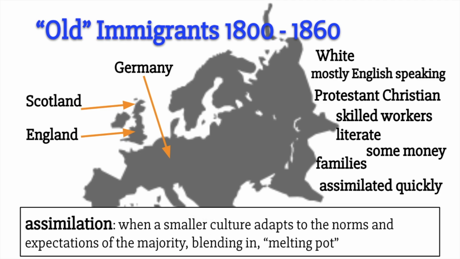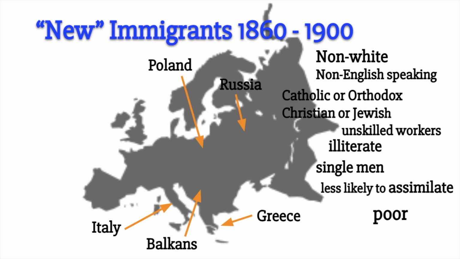Well, that is not going to be the case when we talk about this new wave of immigration after the Civil War, this period from 1865 to 1914. Okay, so again, assimilation is an important factor, and these old immigrants would assimilate into American culture faster than these new immigrants. So this different period of immigration emerges in the 1860s into the early 1900s.